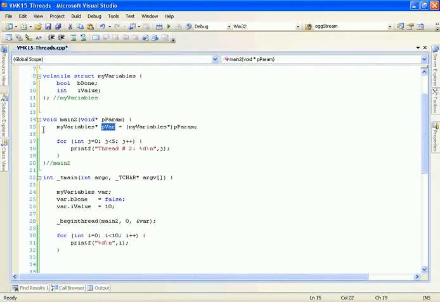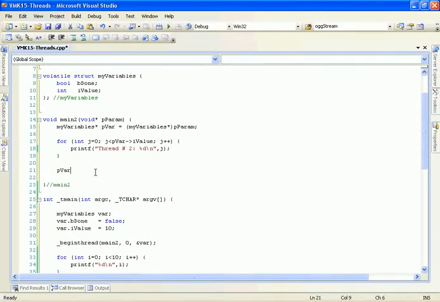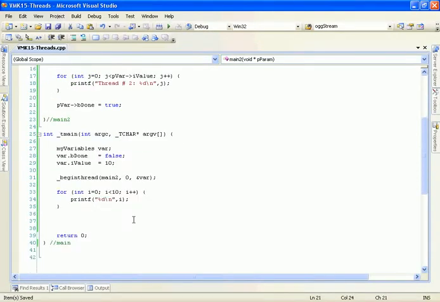Now inside of the for loop here, instead of using 5 here, I can say pvar and extract the I value. So here I'm specifying 10, which means I want this loop internally here to run 10 times. Then once this second thread is complete, in other words when this for loop is done, I'm going to take pvar and assign a value to be done to be equal to true. Then down below here, what I can say is, okay, I know that be done is false and is only